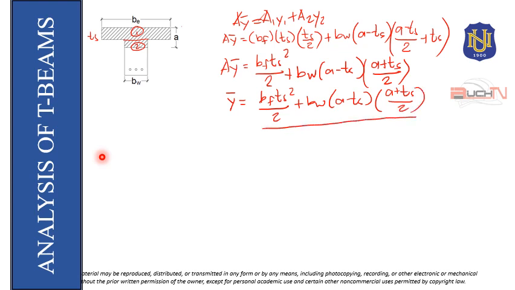So, the total area natin is BF times TS plus BW times (A minus T sub S). So, yan ngayon yung pangkuha natin ng Y bar natin. Pag nakuha na natin yung Y bar natin, syempre, may given na or hahanapin natin kasi din yung effective depth which is D. So, ang tendency kaya natin kinuha yung Y bar galing dun sa taas ng figure